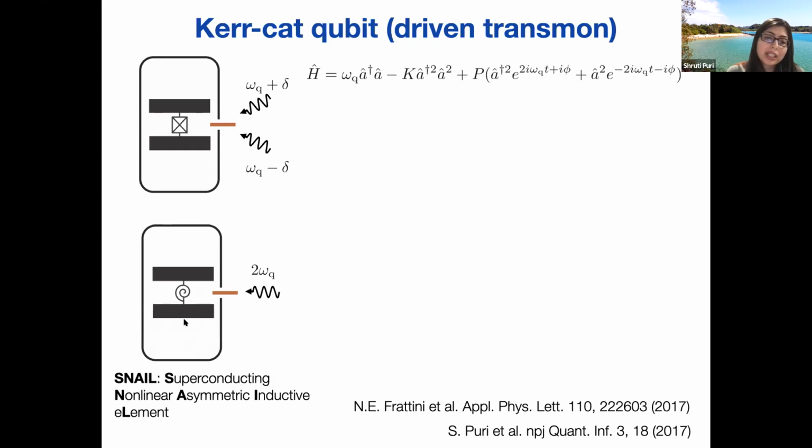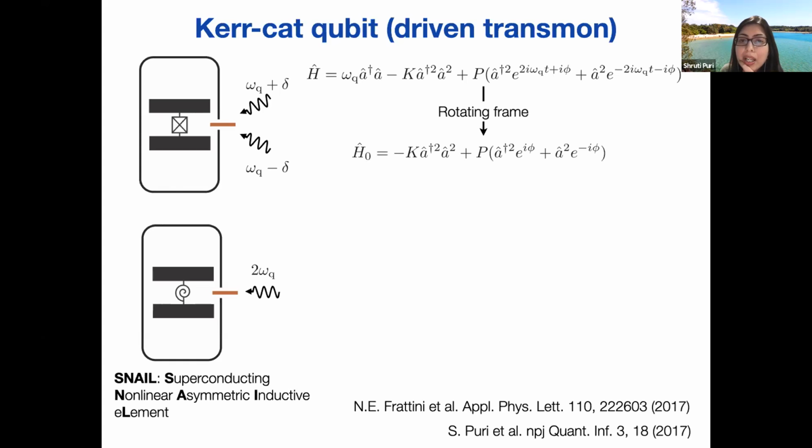which is an asymmetric loop made with 4 Josephson junctions, and you flux bias it so that you get both 3-wave and 4-wave mixing terms. And Nick is actually going to tell you about this more because that's where the Kerr-cat was actually made. And in this case, though, you can just apply a single drive at 2 omega q to get the 2-photon drive. So now what you can do is go in the rotating frame of